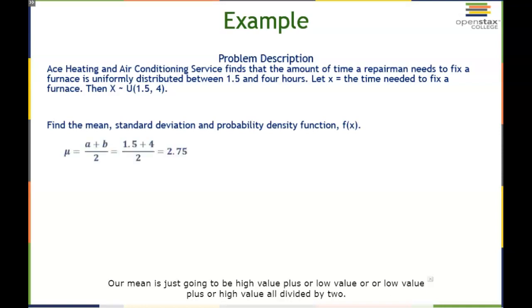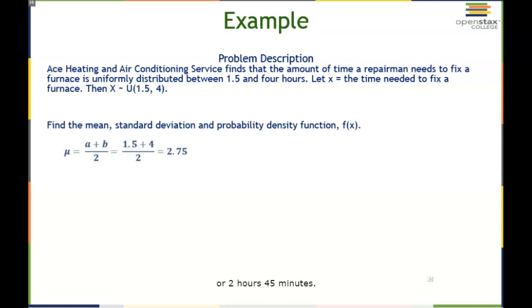Our mean is just going to be our low value plus our high value, all divided by 2. So our low value, 1.5, plus our high value of 4, all divided by 2. Throw that into a calculator and you get 2.75. So the average amount of time it takes a repairman to fix a furnace is 2.75 hours, or 2 hours,